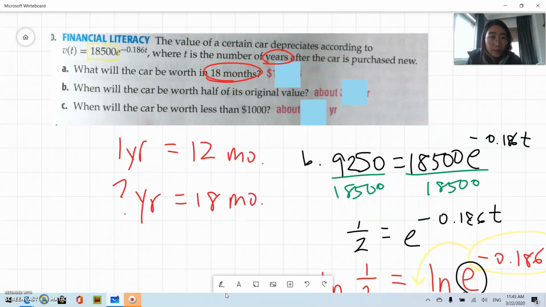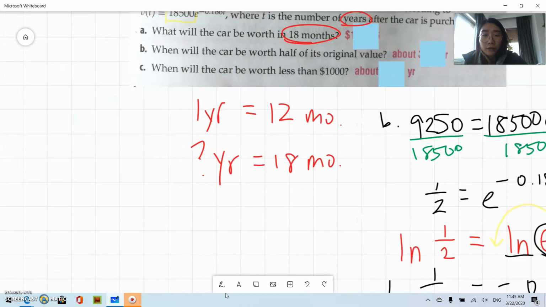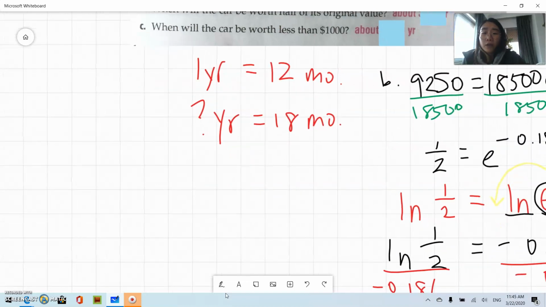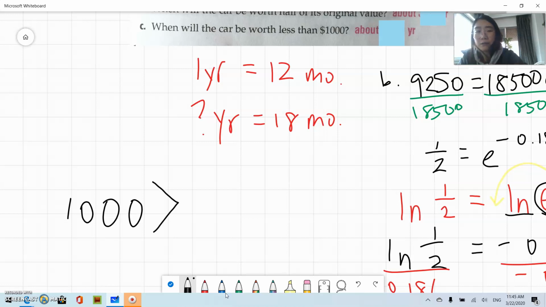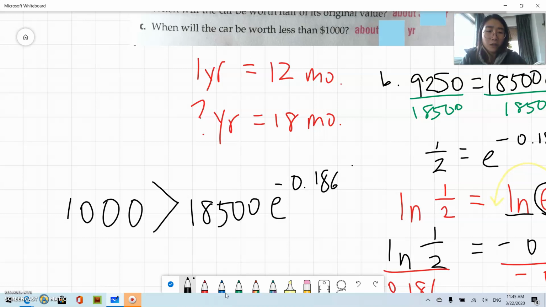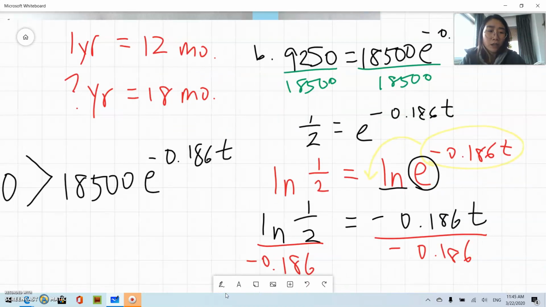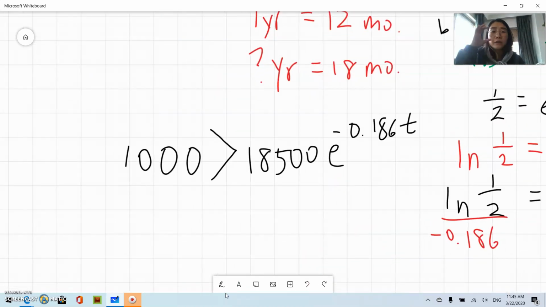See, I'm going to set it up. I'm going to let you try it on your own. Okay? So we want to know when it will be less than 1,000. So this is an inequality, right? Less than 1,000 of what we started. What was it? 0.186T? Yeah. Okay. So again,